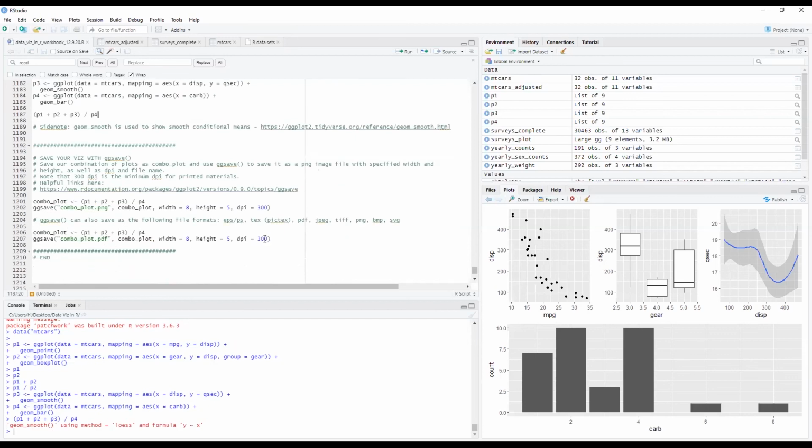Finally, to save. So to address the whole thing about, okay, I need it to be a certain size. Maybe it looks squished right here. So you can specify things like that when you do the exporting. And the way to do the exporting is to use this function called ggsave. So here's our combination of plots that we had before. I'm just going to assign it to a new object called combo_plot. We run that.